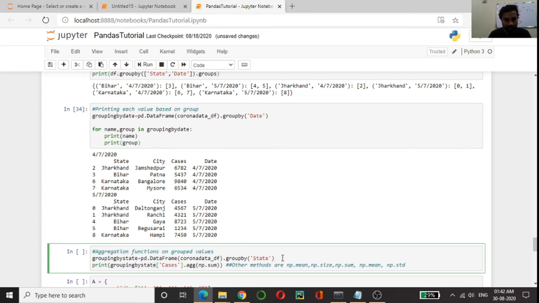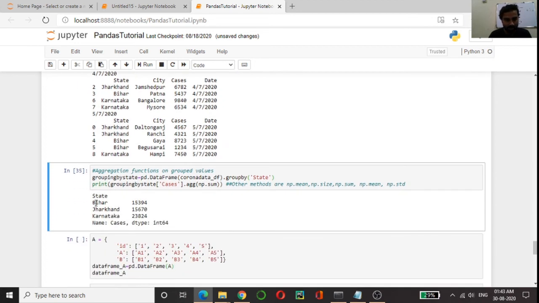Here I am trying to get the coronavirus cases as per the states. So I have grouped them based on state, and then I am summing the cases in those different groups. You can see the values it has come up with: Bihar, Jharkhand and Karnataka.